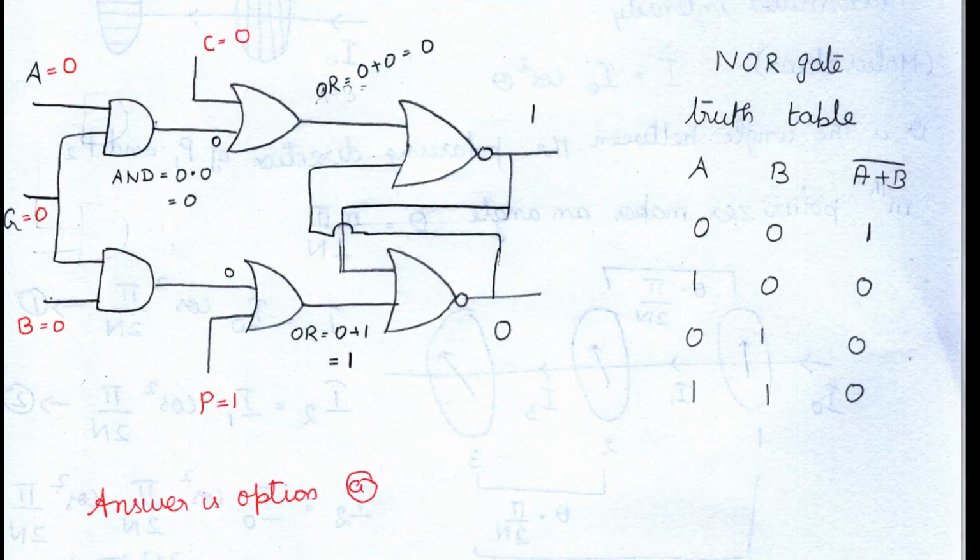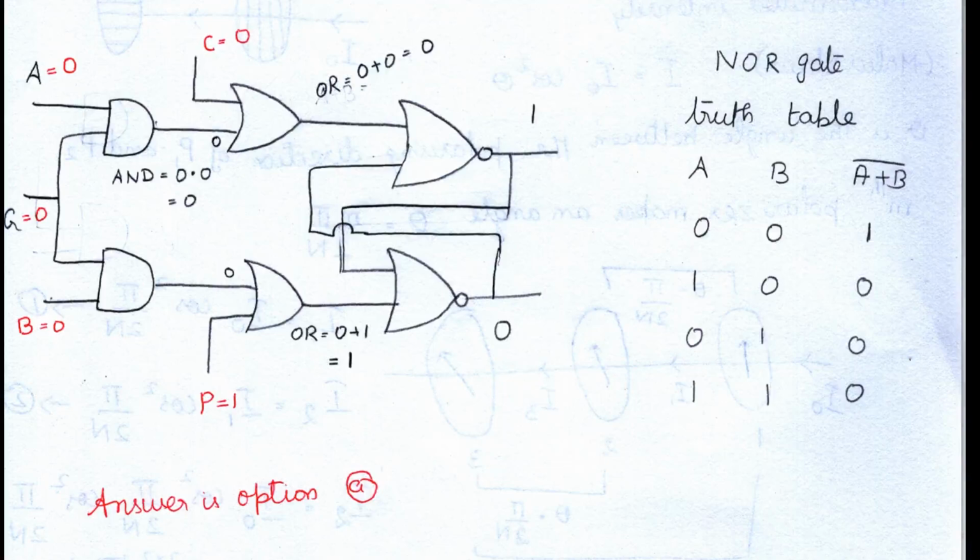Now if you see both the NOR gates, the output of one NOR gate is given as an input for the other bottom NOR gate, and the output of the bottom NOR gate is given as one of the inputs for the top NOR gate. First, we will see the truth table for the NOR gate. If you see the truth table for the NOR gate, when both the inputs are 0, the output is 1. For all other inputs, the value is 0.